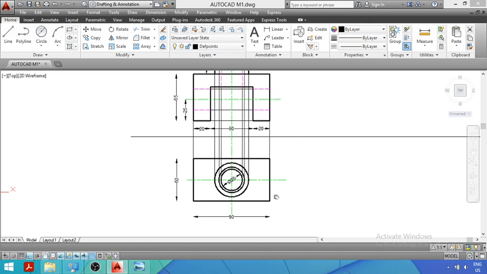Now in the next step we will show these two holes. You can see these holes, one hole on the left side and one hole on the right side. Now these holes have to be shown on the top view also. So before showing the holes, we will first show these two edges. You can see this vertical line and this vertical line represent two surfaces. This is a vertical surface and this is a horizontal surface.